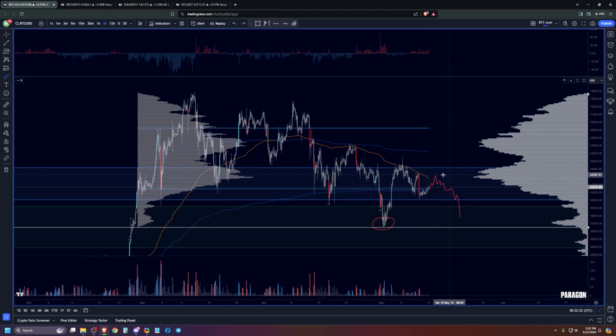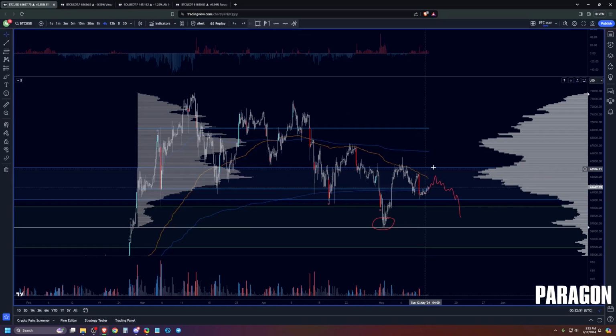I think that this would probably be a reasonable intraday short if we were to trade up towards 63K. That's something I would probably take. That's pretty much it for medium time frame, right? We have really significant resistance, which keeps shifting lower. So current resistance is basically 63K right now.